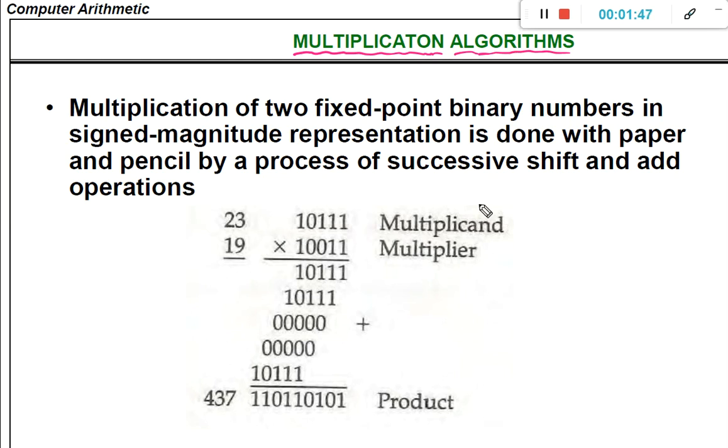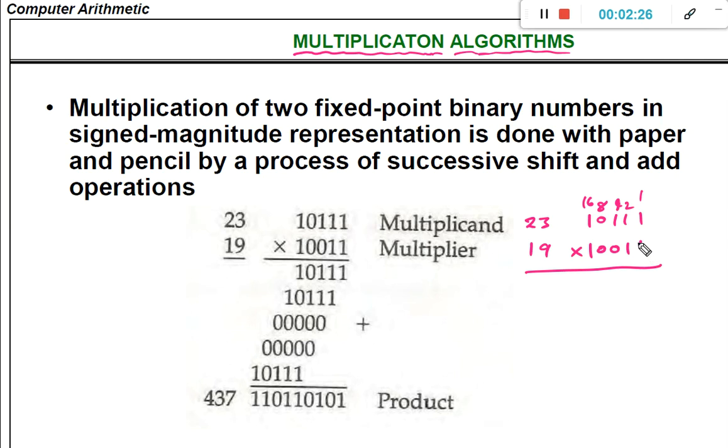For example, consider multiplying two numbers 23 and 19. The equivalent binary value for 23 is 10111, that is 16 plus 4 plus 2 plus 1, and the binary equivalent for 19 is 10011. Now to multiply these two binary numbers, we will follow the same procedure we have followed from childhood onwards.